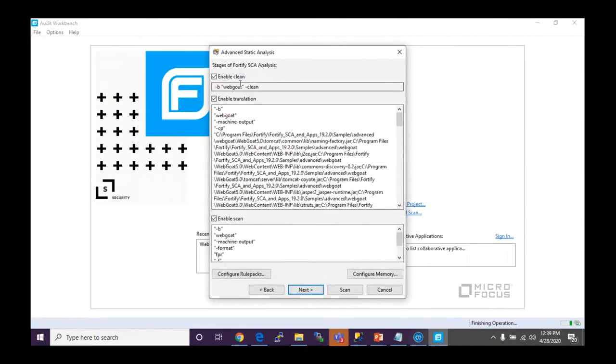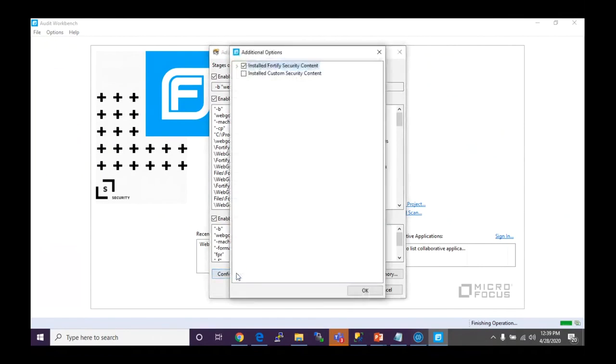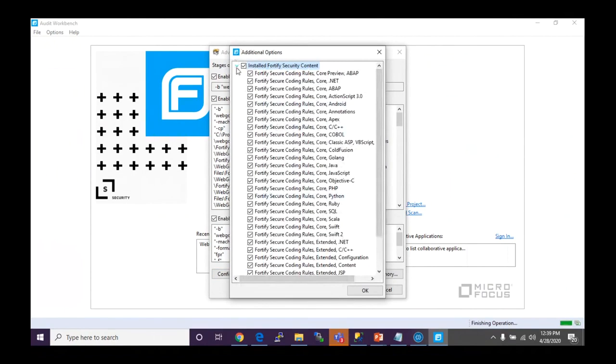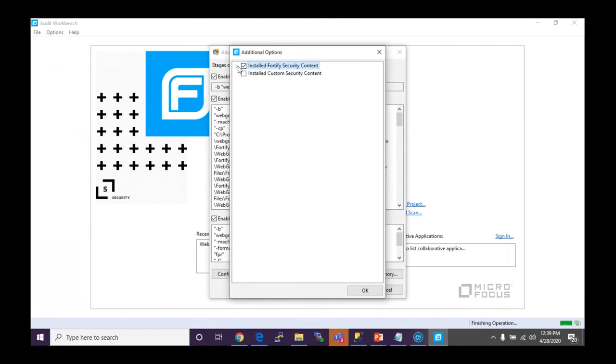Here you can configure the rule packs. This is the list of default packs. The moment you select update security content, these are the rule packs that were downloaded. Fortify also provides a framework to create your own rules. So if you have created specific rules as per your requirement, you can click on custom security rules and